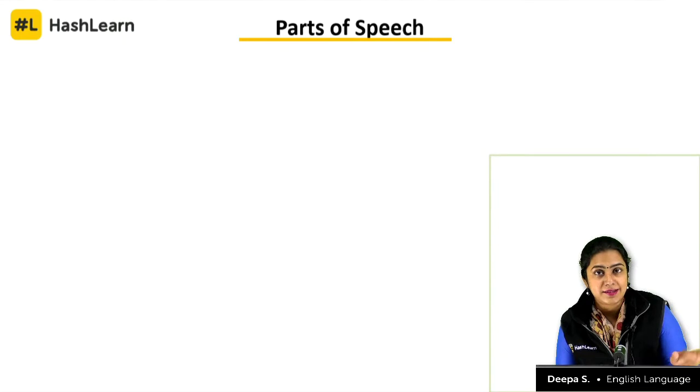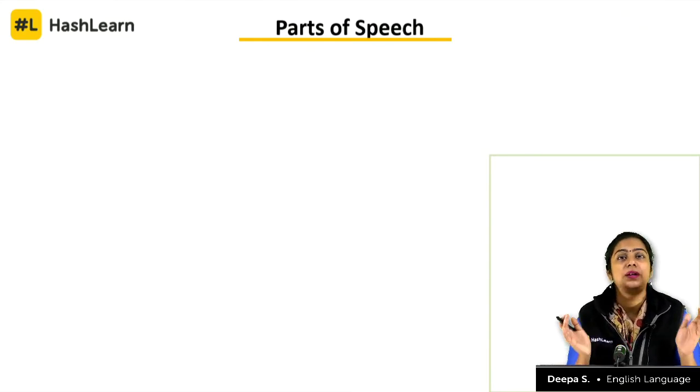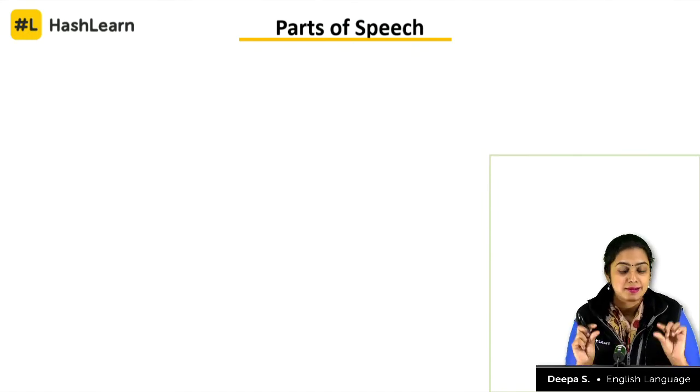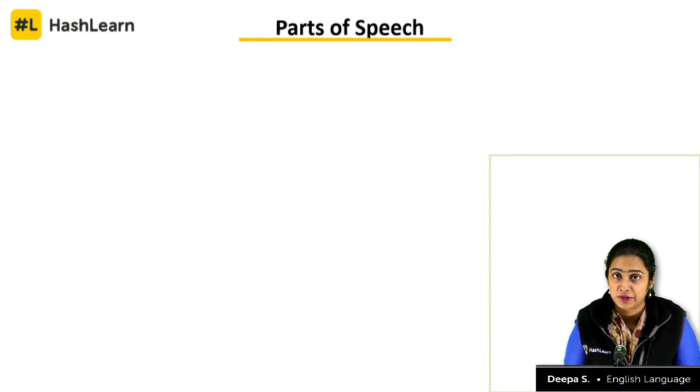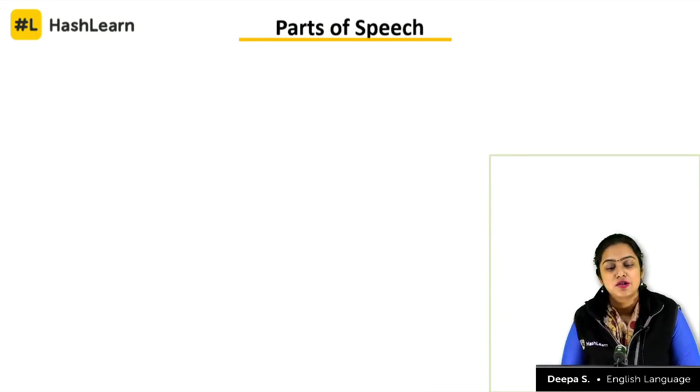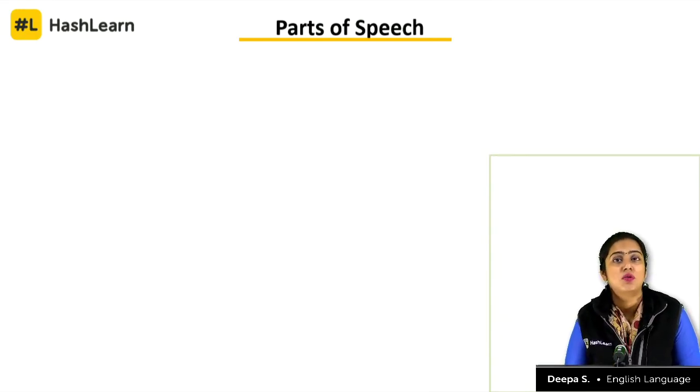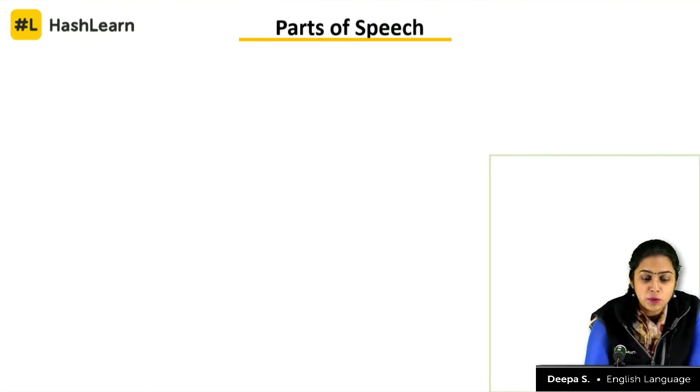A phrase need not have a subject, need not have a noun. It's just more than one word thrown in together, and it makes some sense. A sentence, on the other hand, is a complete unit. It has some rules that are safeguarded in the construction of that sentence. So in order to make a sentence, what all do we need? Number one, the most important part is